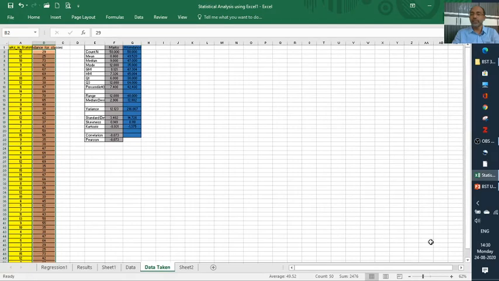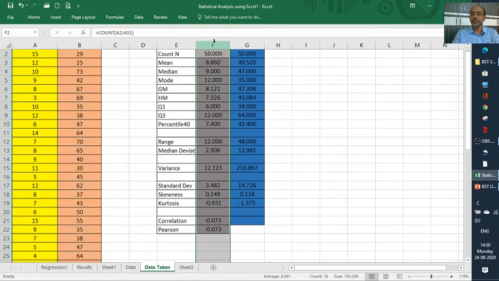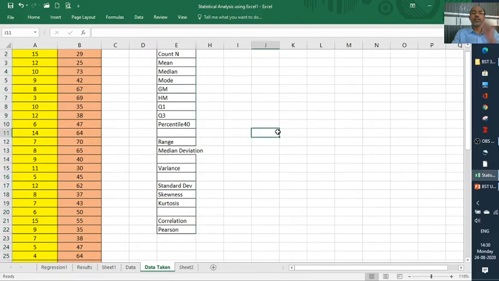We'll find, sequentially, these are the commands we are going to use for calculations in Excel 2016.